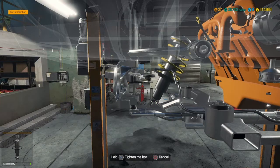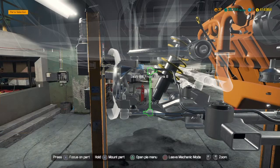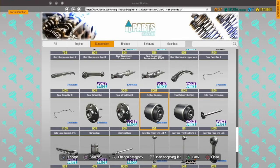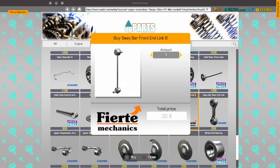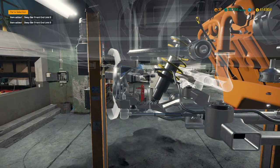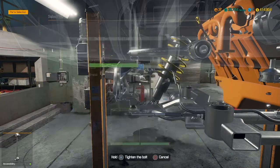There's the ones we assembled. So if you're going to buy something for this side, you'll need 2 of them because that way it'll save you time on the other side as well. You already have the part, so